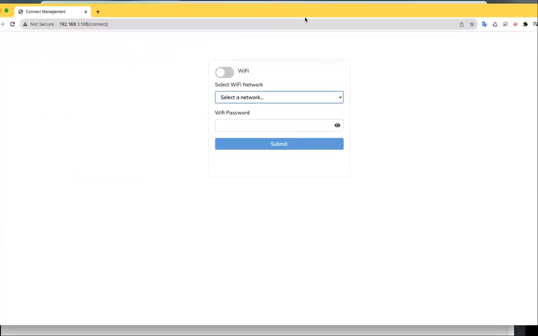Okay, so what we're going to do now is change the network. So put in the password. I have two networks, and I think the Wi-Fi only connects with the 2.4, so if you have another one, just make sure it's going to connect with 2.4. Now I expect it to connect with this other Wi-Fi. This other Wi-Fi is on the same router, so it should take the same IP address. But if yours differs, it may also change the IP address. So whenever you are trying to reconnect, you have to check if the IP address has changed. I'm telling you this because I tried that before. So now if I submit,